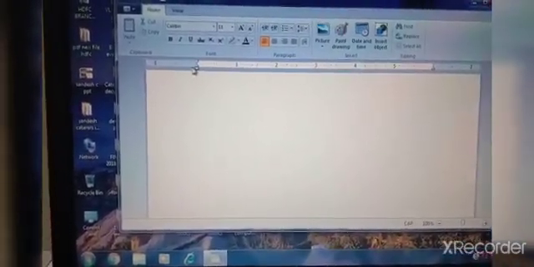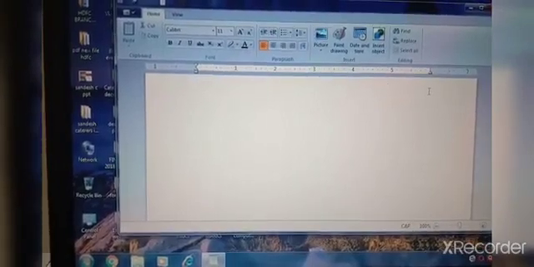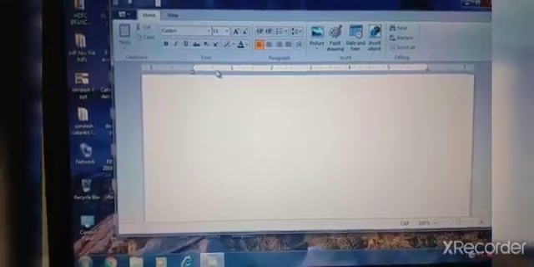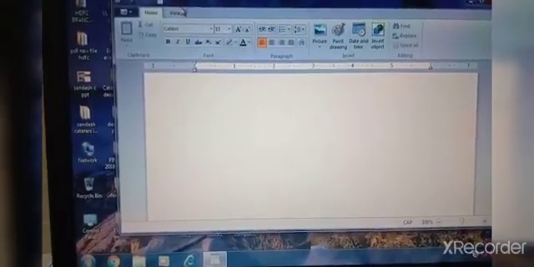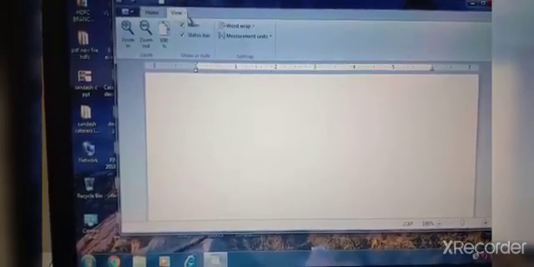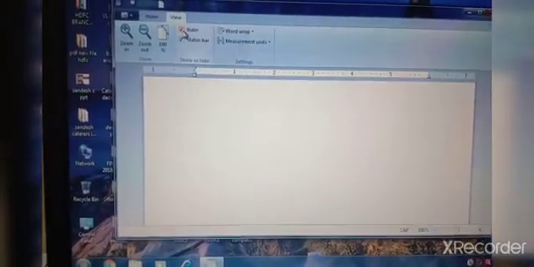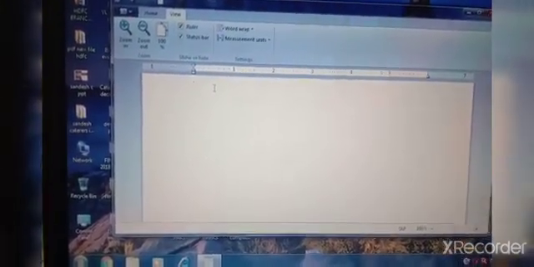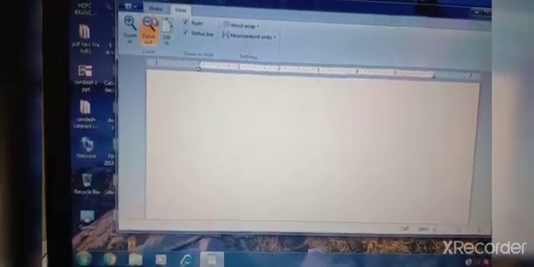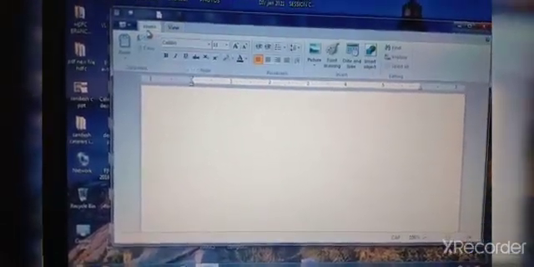And this is the margin, the ruler. You can view the ruler by clicking on this, or hide the ruler. If you want the ruler, you can again click on this and you will get the ruler. Understood children? These are the components of WordPad.